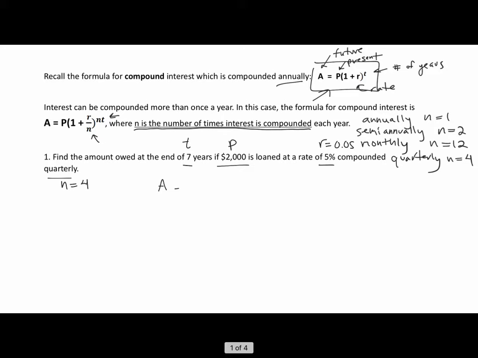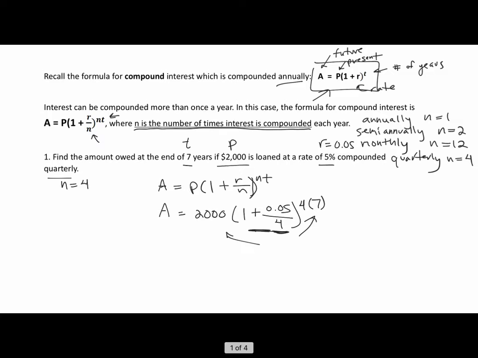So let's use our new formula. A equals P times 1 plus R over N raised to the NT. And let's put in what we know. We know that P is $2,000, R is 0.05, N is 4, and T is 7 years. So this is something we can put in our calculator. If you're just using a regular scientific calculator, you'll have to do the division, add 1, raise it to the exponent, and then multiply by 2,000. That's the order of operations there. But if you have a graphing calculator, you can just plug it in the way it is. And that should give you a value of